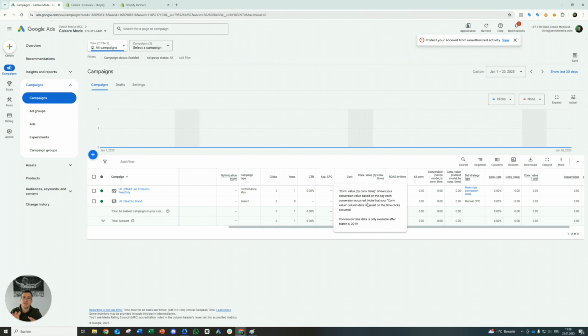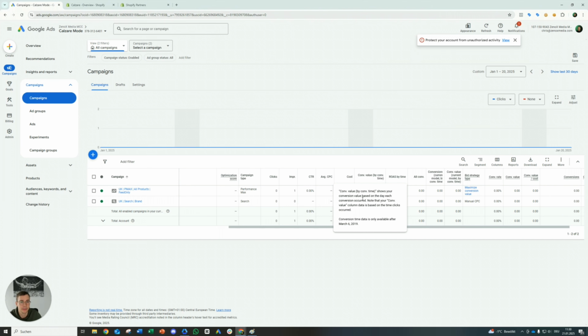So the attribution is different here, and it's a bit messy sometimes, and that's why the conversion value by conversion time data is a bit more accurate, because it actually shows you the conversion value based on the day each conversion occurred. All right? That's why the data is so different sometimes in Shopify, in Analytics, in the Google Ads, because of the attribution and everything. But that column is a bit more accurate, and also takes the conversion lag a bit out of the equation, because it actually tracks the conversion based on the day